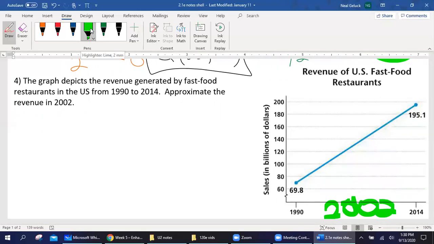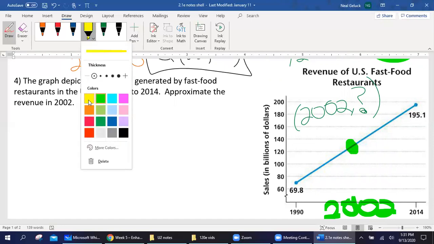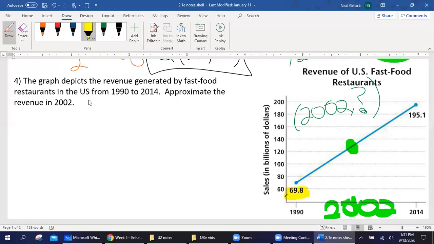It wants the revenue, that's the y coordinate. So basically it's saying, hey, I already gave you the x coordinate of the center. What's the y coordinate? So that point is 2002, comma, something, and that something is what we need to figure out. Really, all this boils down to is knowing that the midpoint is really just the average. So I'm going to average those y coordinates. Those are the y numbers. So if I average those,